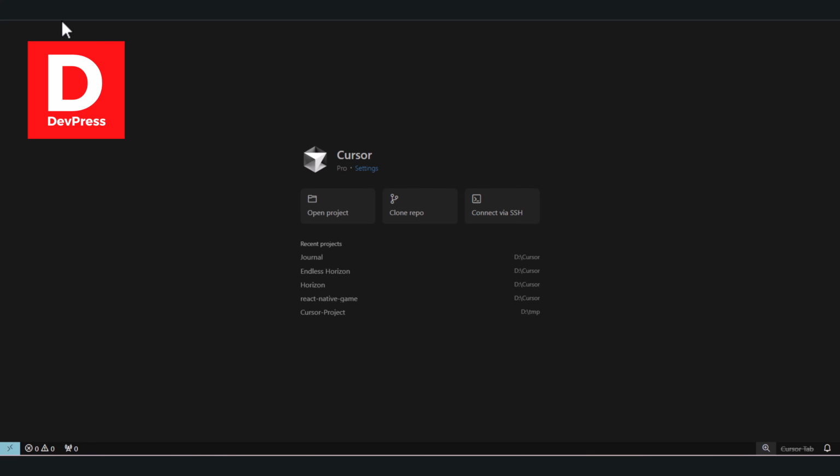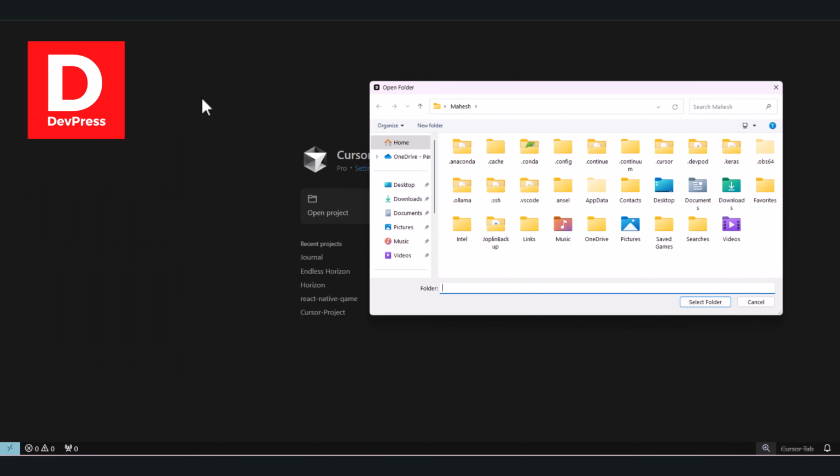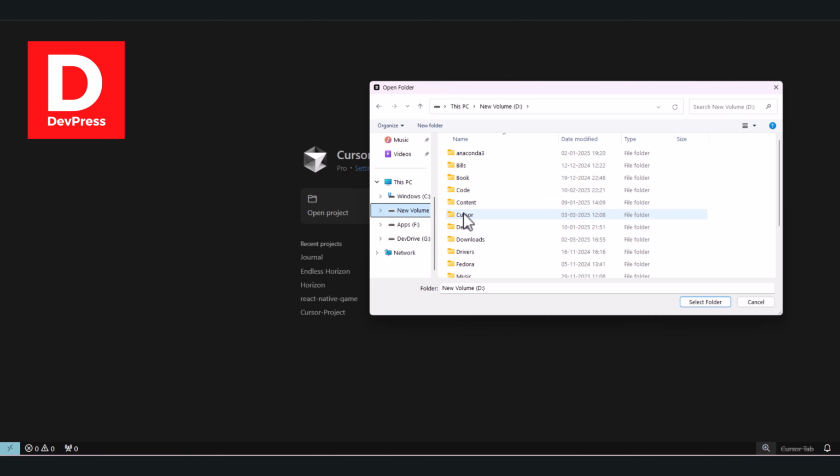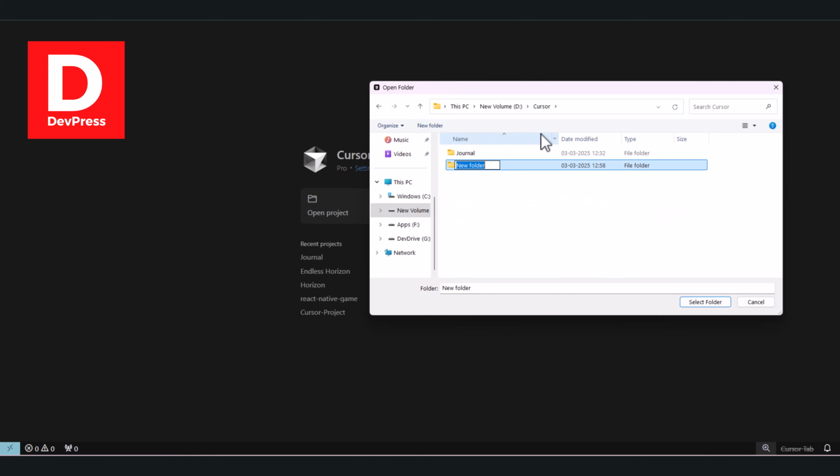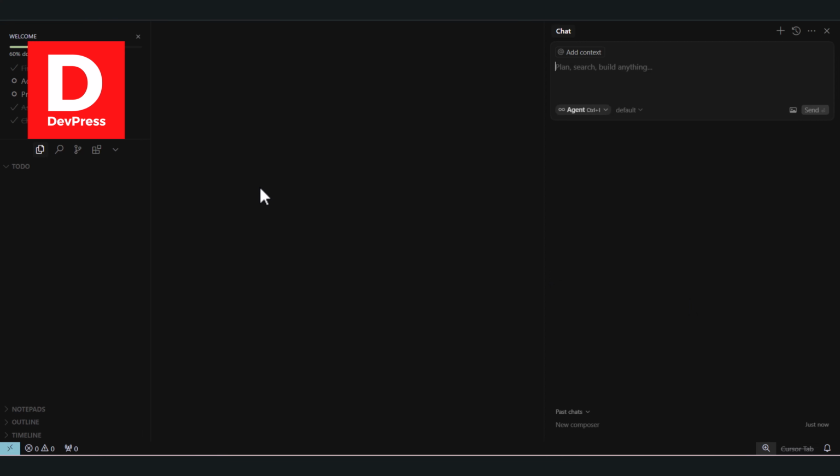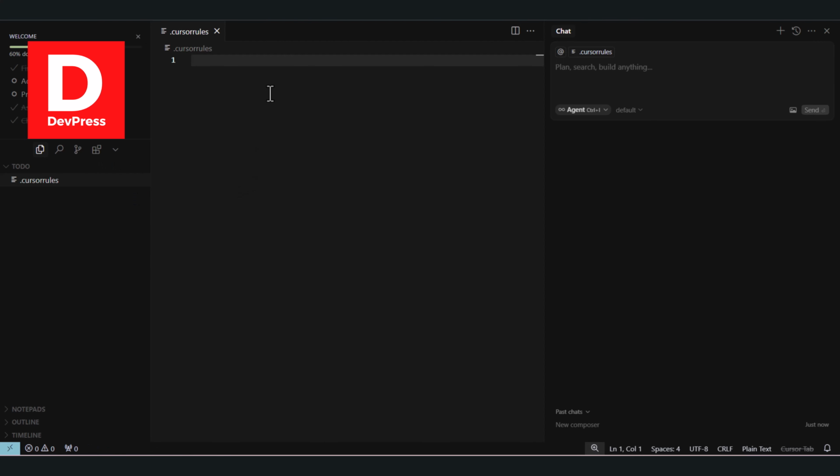Right here you can change the model, so I'll be changing that for now. Okay, let me open the folder. So here you can see, let me name this something like to-do. Right, so once the folder is created, select this, and here the first thing I can do is create this cursor rule. Right, and once the file is created, I can